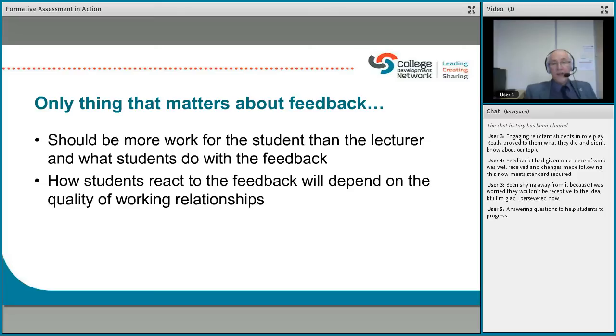and how the students react to the feedback will depend on the quality of the working relationships. Those of you who are working on a daily basis with students, you know that if you have a positive working relationship with your students, then the students will react in a positive way to your feedback. But for me, the only thing that matters is what the students do with it. So I'm going to pause there for just a couple of minutes before